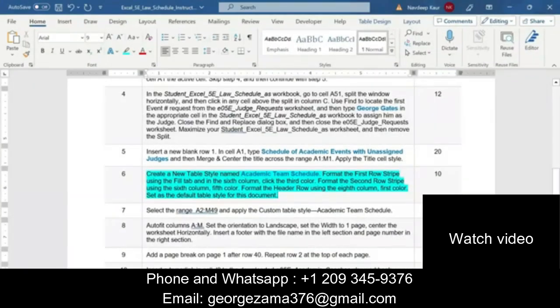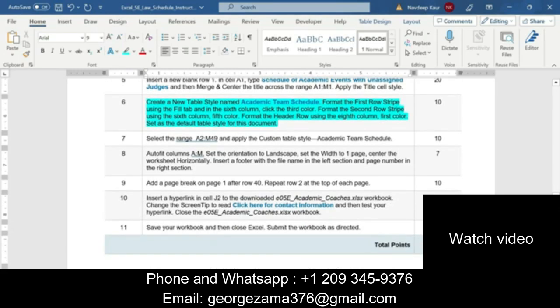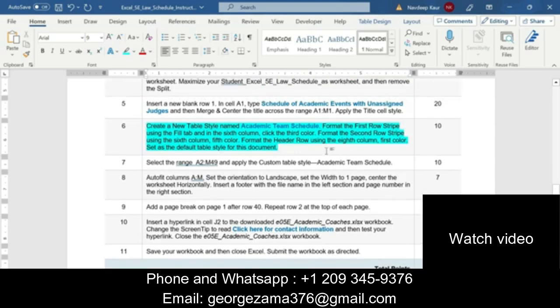Format the first row stripe using the fill tab, and in the sixth column click the third color.